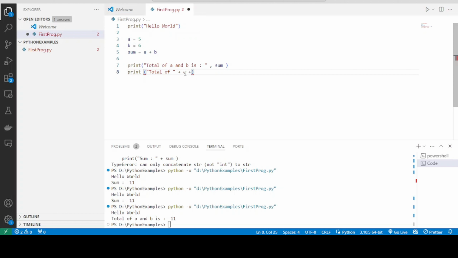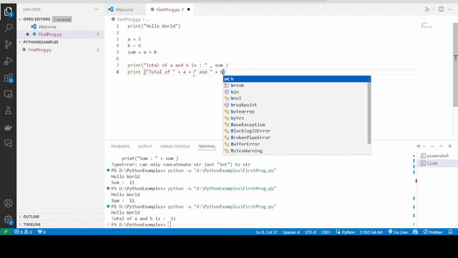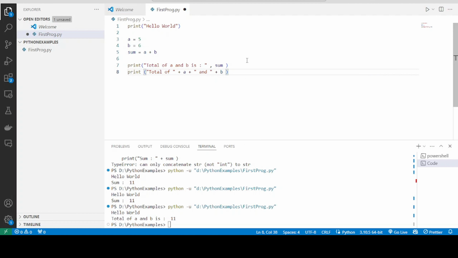A is equal to whatever the value of a, it will display here, and again I am concatenating with another string a, and then again concatenating b, then again I am concatenating with is. So what will happen now, total of a, whatever the value of a, it will come here,